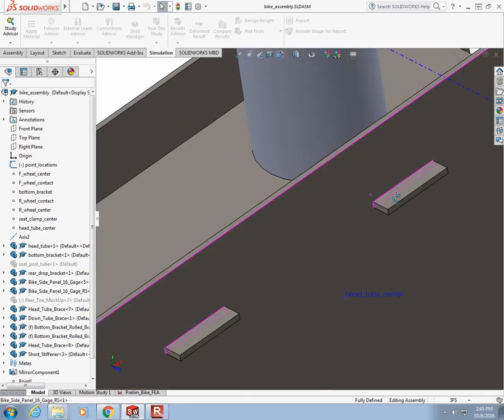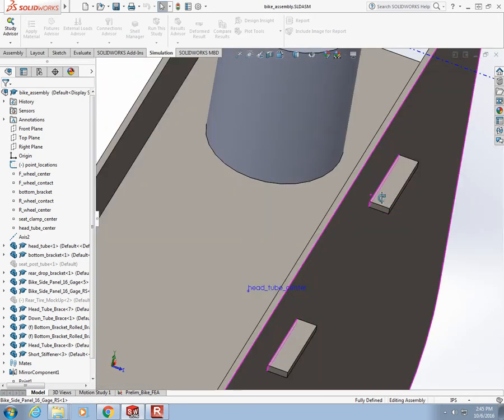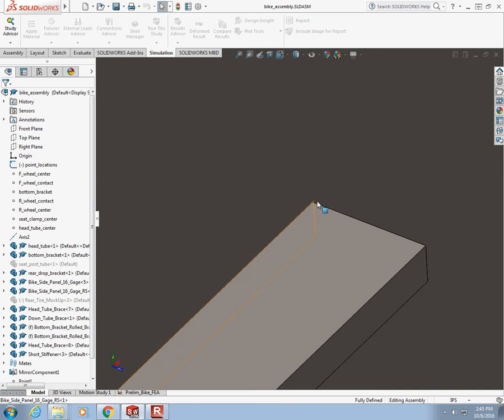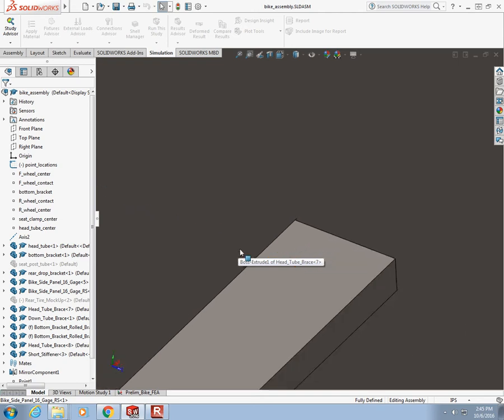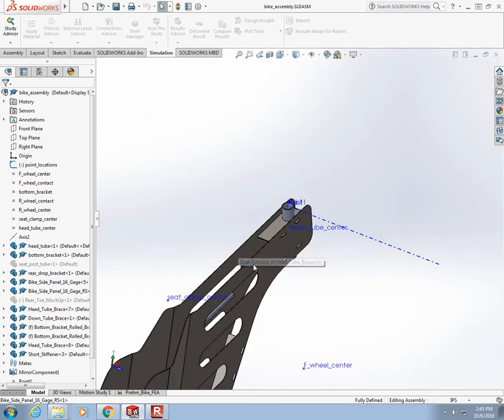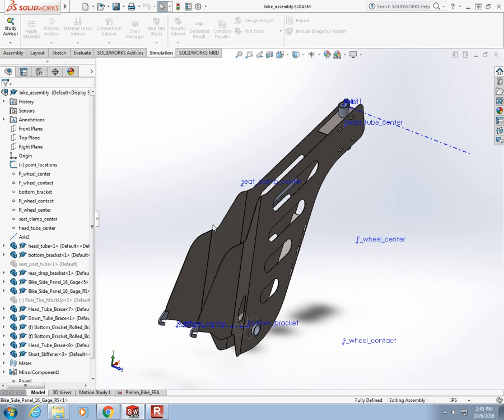In fact, if I zoom in, it's going to be a little tough to see, but you can just make out that this notch is a bit larger than the actual tab that fits into it. From a manufacturing point of view, that's what you would want, because you want some clearance to allow for ease of assembly. But in the FEA sense, it looks at it and says, well, there's a gap there, I can't join that by default. It does attempt to join some parts when you import it,